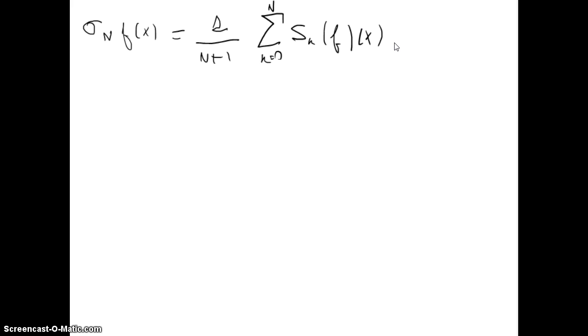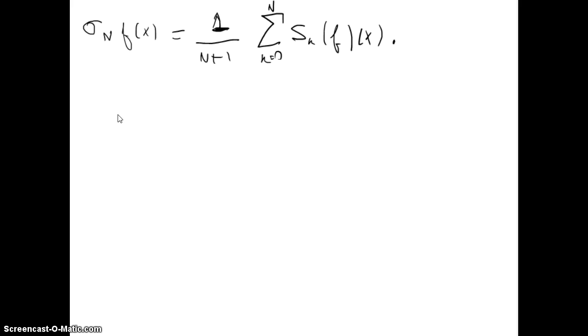Let's denote the Cesaro summation sigma_n f(x) equals 1 over n plus 1, and we will count now from k equals 0, of s_k f(x). If we recall what we did when we introduced the Dirichlet kernel,